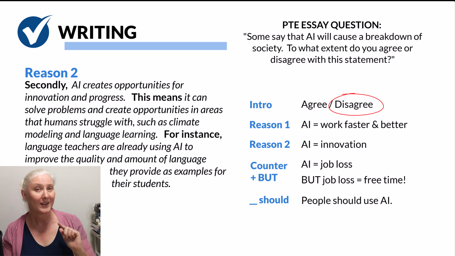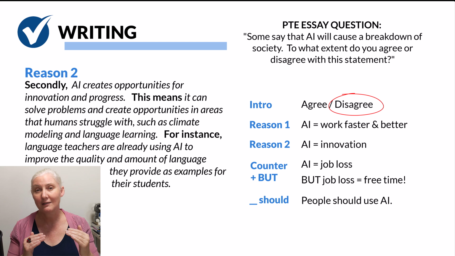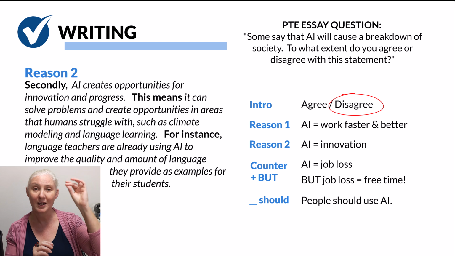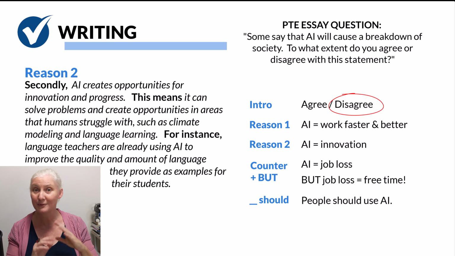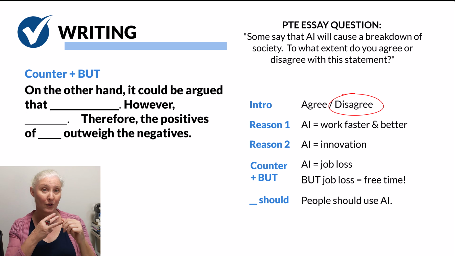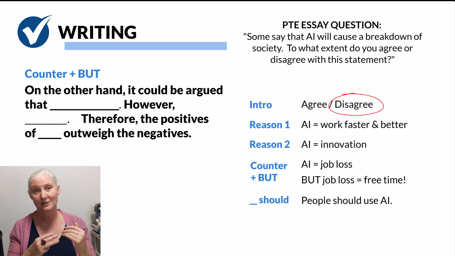Now, I said for instance instead of for example. That's another trick I recommend you memorize. It mixes up your vocabulary. You're showing vocabulary range in an easy, formatted, structured way. So one time for instance, one time for example. Good. Next, you need to provide your third body paragraph, and that will come from your counter argument.